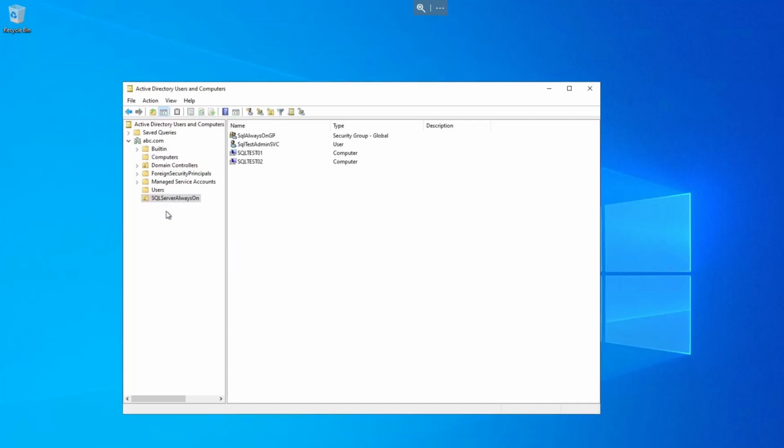So if we go back here, right now we have our servers, we have the group, and we have the service account that we're going to use to set up the SQL Server when we are ready to set up the Always On. All these steps that we just did are necessary for us to be able to set up the cluster at the back end in SQL test01 and SQL test02